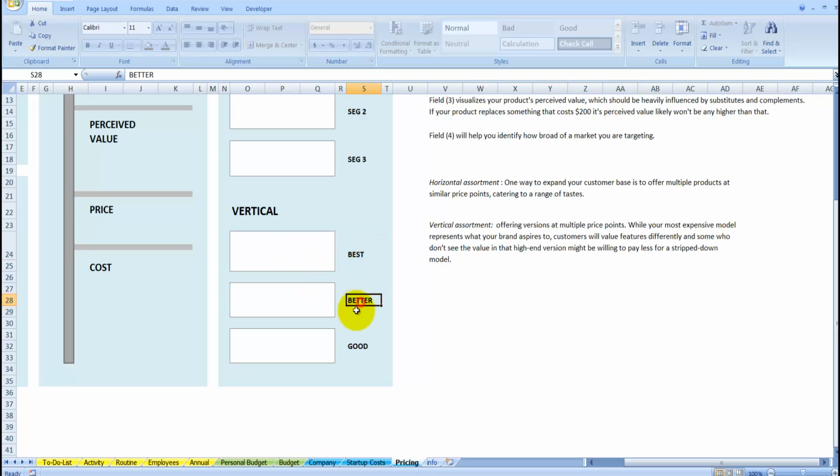Then we come to the better group, and this is for the people who are looking to spend a decent amount of money, but they do not want to spend a lot of money on the mobile phone, because after all it's just a mobile phone. They use it in everyday communication and everything else. And here you can put a mobile phone which has, for example, less memory, less megapixels in the camera, and probably something that's going to bring your cost down a lot, and therefore your price is going to go down, and your perceived value is most probably going to stay at the same level,